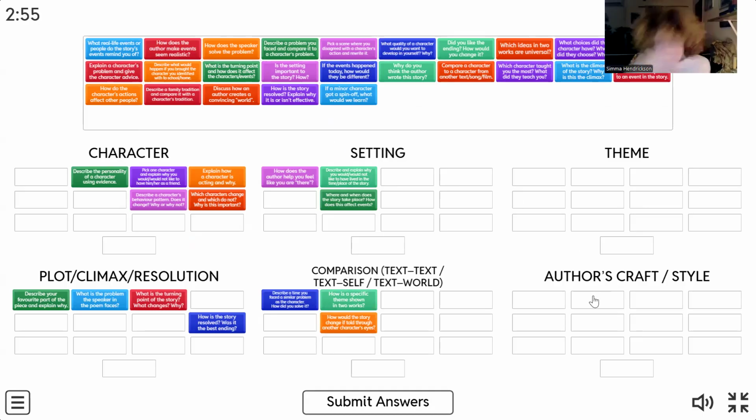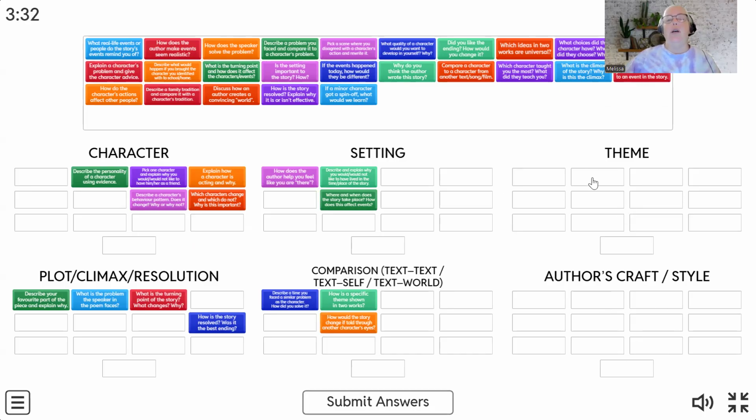You could compare two different styles. If you study with your students a story that's written as a series of letters, letters back and forth between two characters, that's a very unique style. Why did the author choose to write the story in that style? Or in the first person or in the third person? Different types of poems, different style poems, affect the meaning. So those are some of the things that I put there.